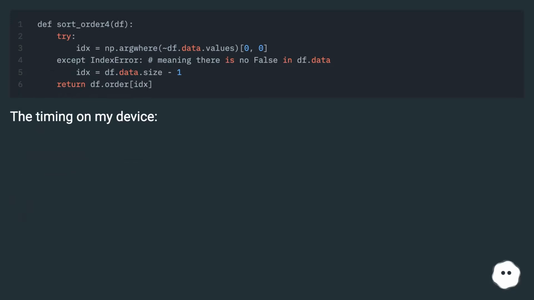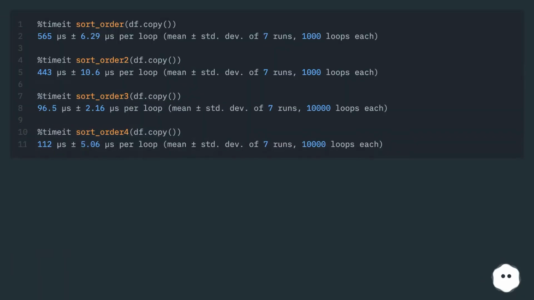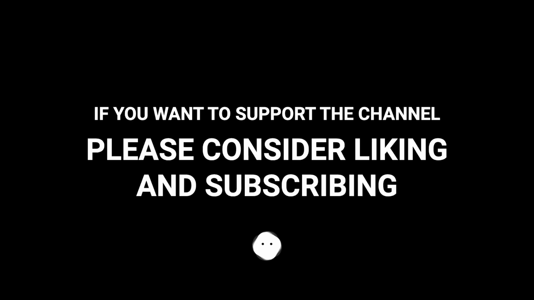The timing on my device. If you want to support